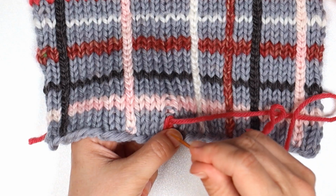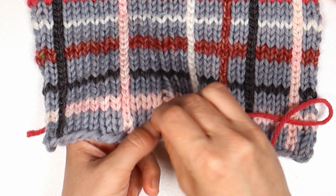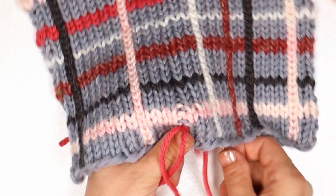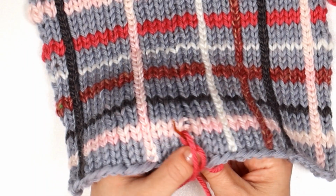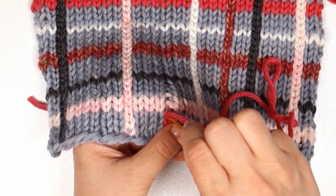So here are the 3 steps a little quicker. With your yarn popping out of the center, stab your needle down into the same spot that the yarn is coming out of. Make sure that loop is sitting straight. Insert the needle up the center of the next stitch and through the loop from back to front, and then you tighten. So you're going down the stitch,